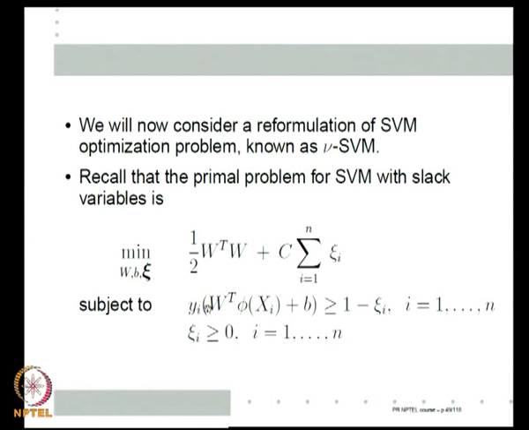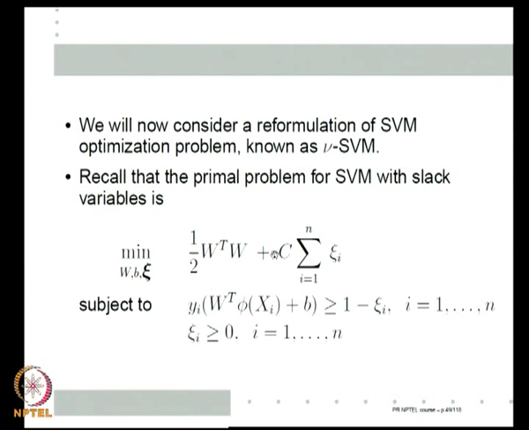This is the primal objective problem that we seek to solve for SVM. Here I put phi of x_i instead of x_i, because we are essentially learning this optimal hyperplane in a high dimensional space, and phi is the symbol for the transformation. Basically, this is the margin, and we put xi_i because we do not know whether things are separable or not. So, we use the slack variables xi_i. The problem with this optimization is I do not know how to choose C.